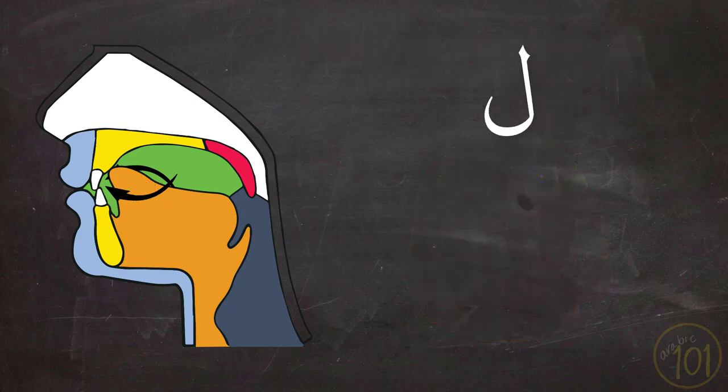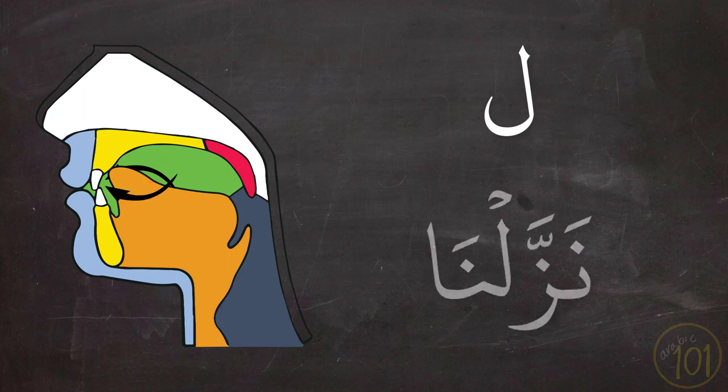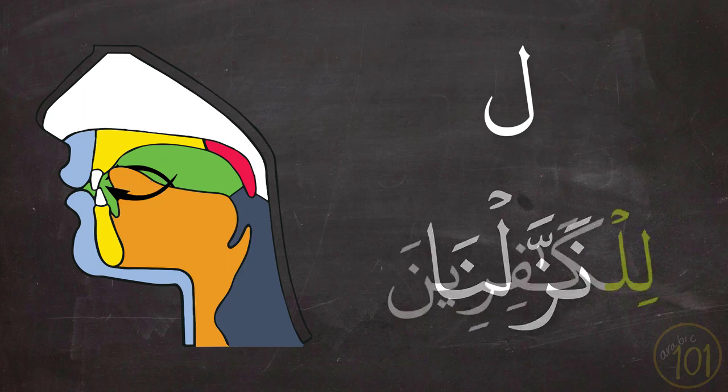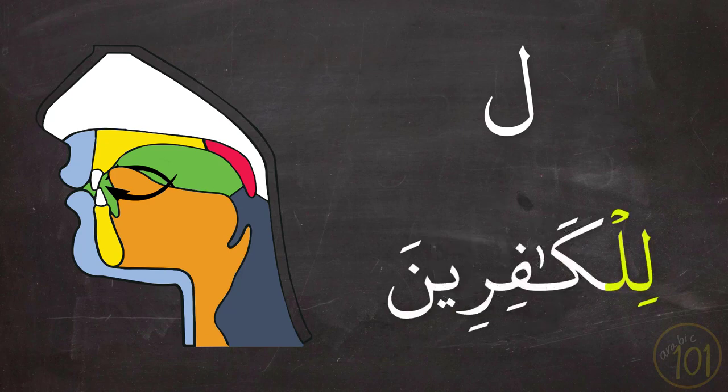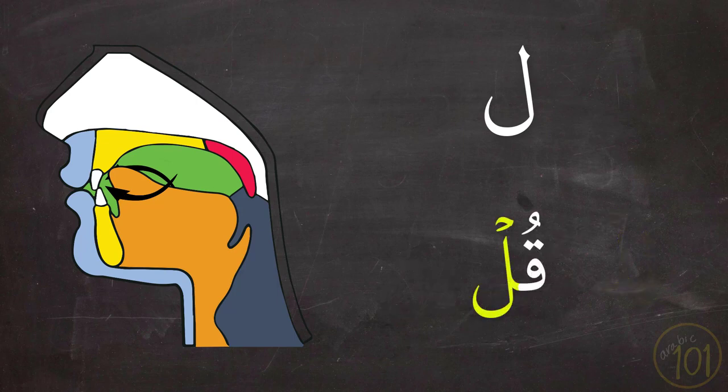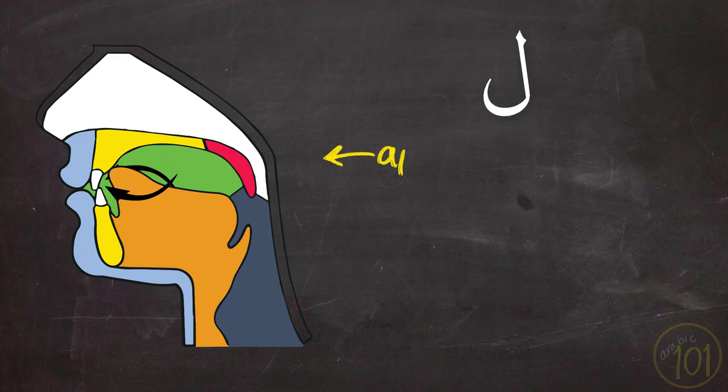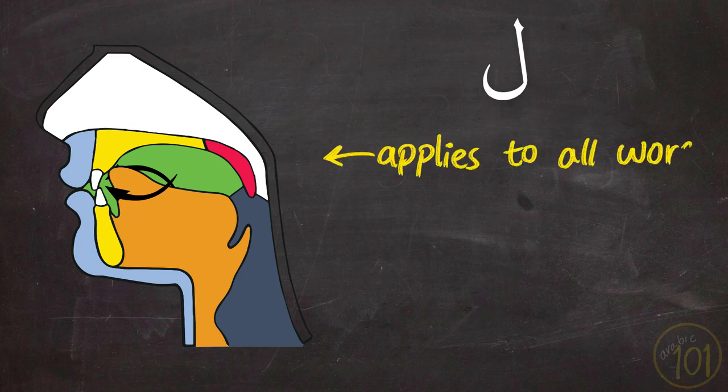Al. Al. نزلنا للكافرين قل. So this is how you pronounce the lam in every single word in Arabic, except in one word, which